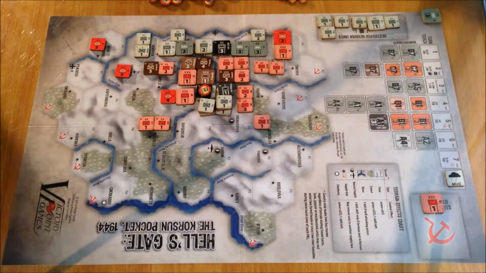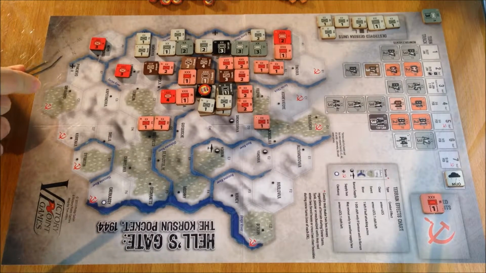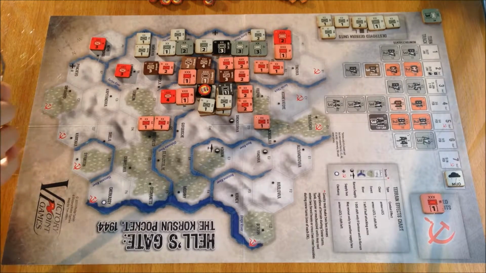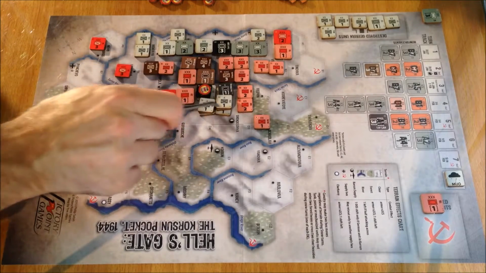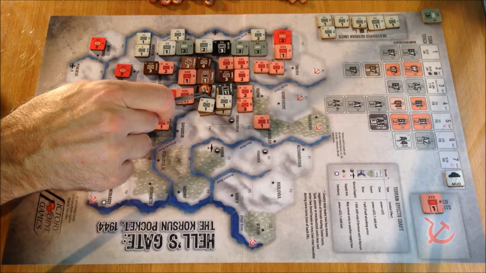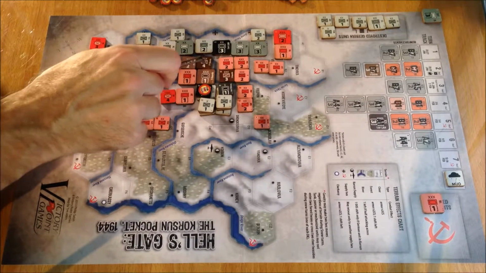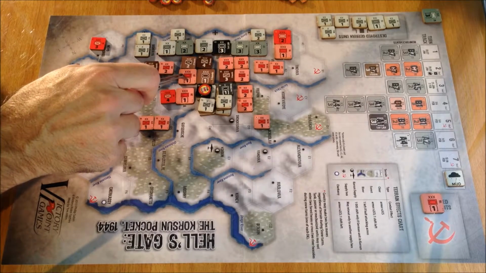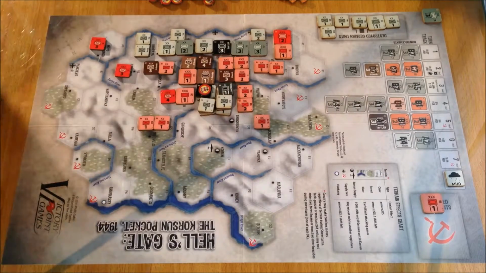Turn 8 of Hell's Gate, and we have come to the final turn. First up, as always, Soviets, and no supply reinforcements, so we need to make the most of this final attack, do as much damage as we can. We've got 4, 7, put my base units in, 11, 3, 14, 17, 18, 19, 20, 21, 22, 23,